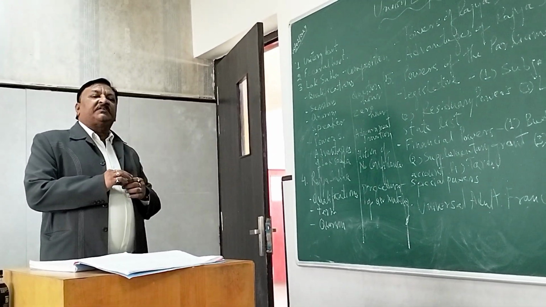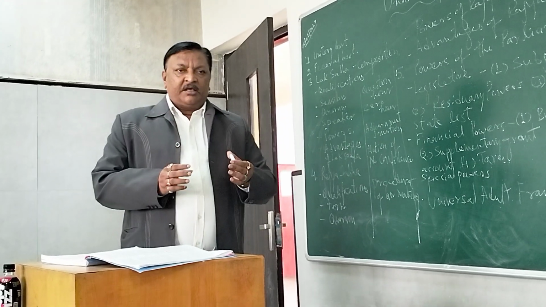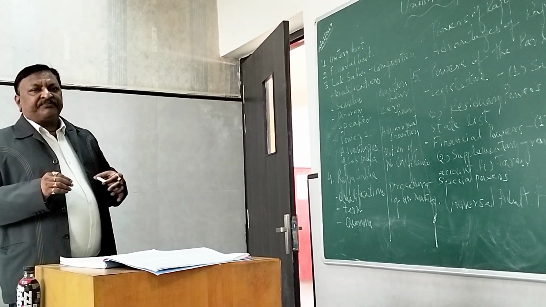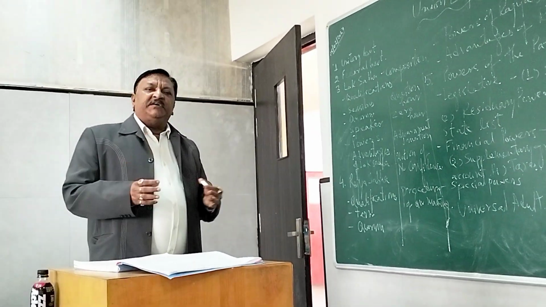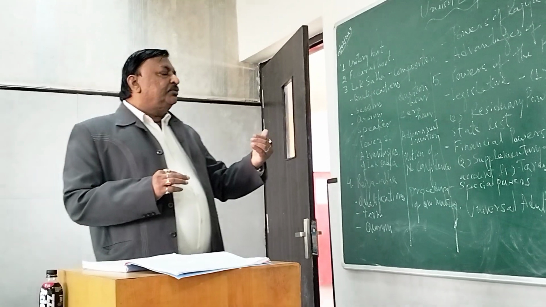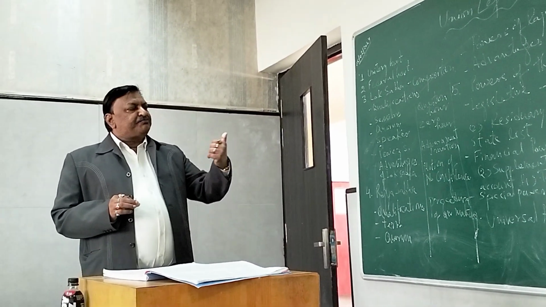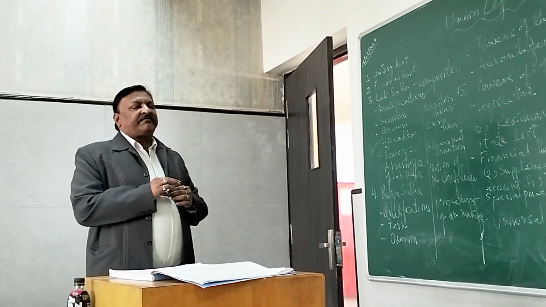Now come to the term of the Rajya Sabha. Rajya Sabha is called a permanent house. Why? Because Rajya Sabha never dissolves. Only 1/3 of the members retire every 2 years and new 1/3 members are elected every 2 years. So in this way it keeps on continuing, it never dissolves,